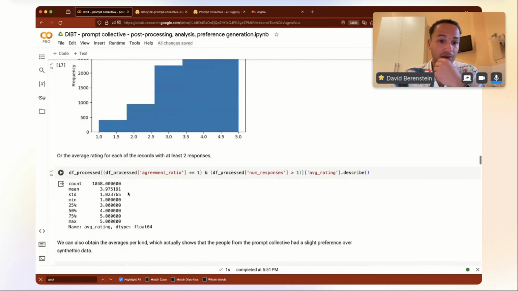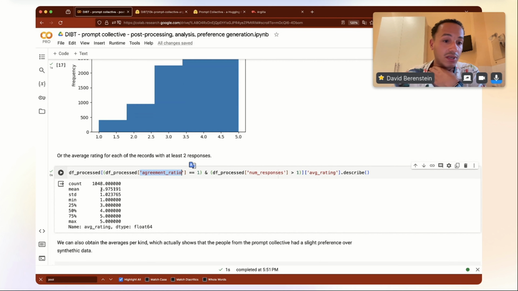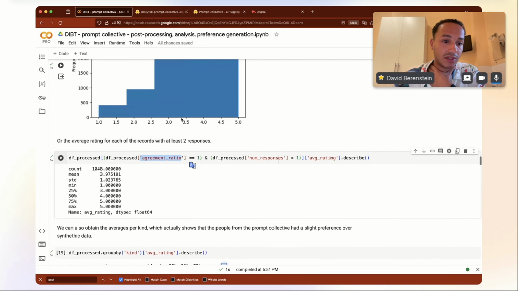Or what we would also be able to do is, for example, check the agreement ratio, so that everyone agrees within the different responses, and ensure that there are multiple responses to see what the average rating would be then. And as we can see, it's roughly 4, which is nice because it aligns with the rest of